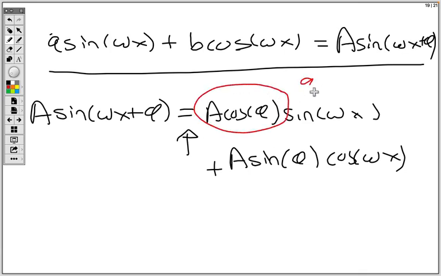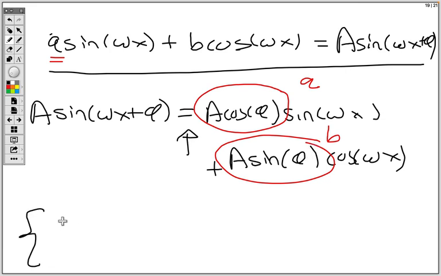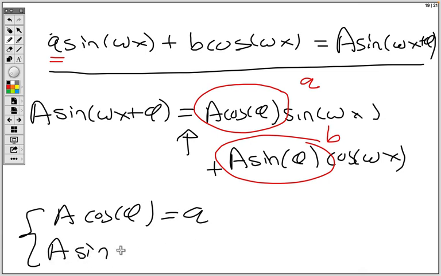And so this is little a and this is little b, and so we get a system of equations here. We got A cosine of phi is little a, A sine of phi is little b,